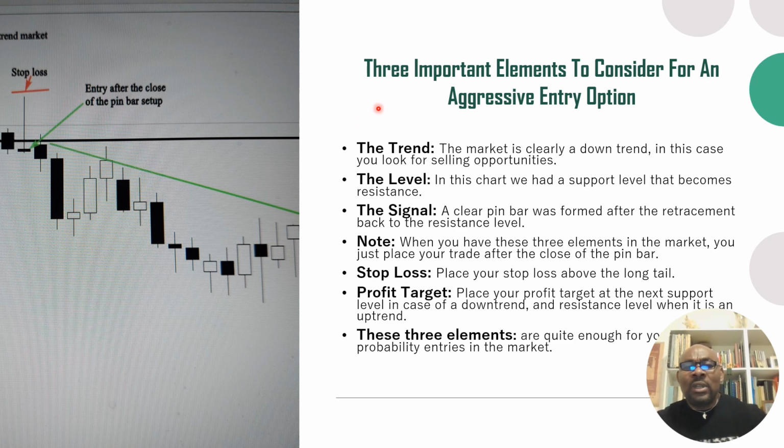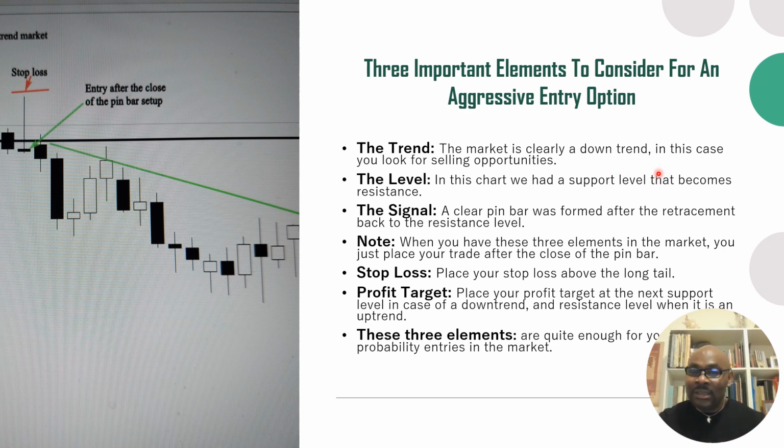Then we have three important elements to consider for an aggressive entry option. For an aggressive entry option, you have to consider some elements, which are the trend, the levels, and the signal. So the trend, when you talk about the trend, the market is clearly a downtrend or rather